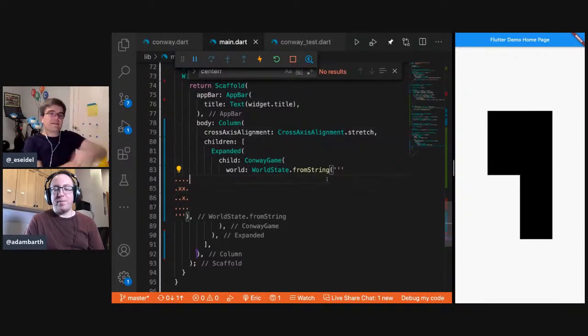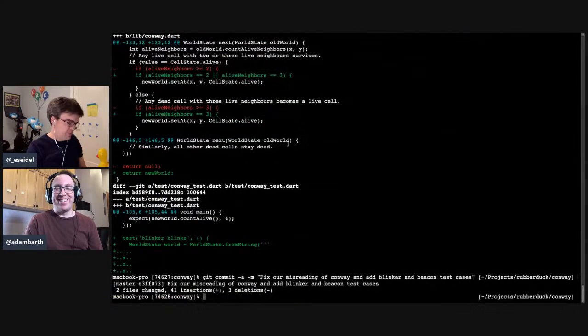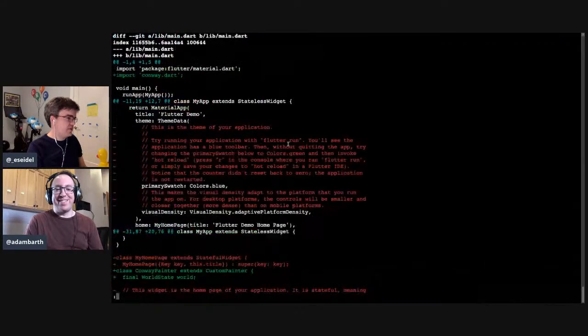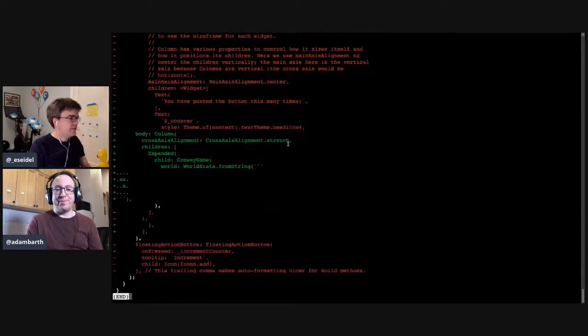Where should we go next? I think we should have a next button that we can click to get to the next state. Whoa. So we called the function next, which now might be an opportune moment to rename it to something. All right. Well, I think just like we did before, we could do another commit. Yeah, I think we totally reached a state that is worthy of commit. Okay.